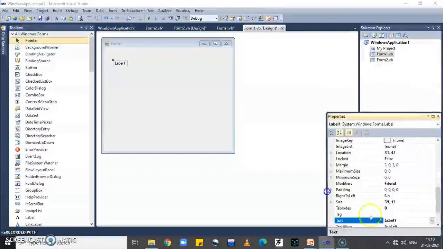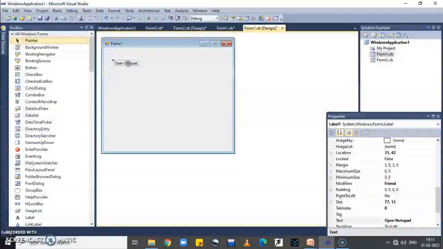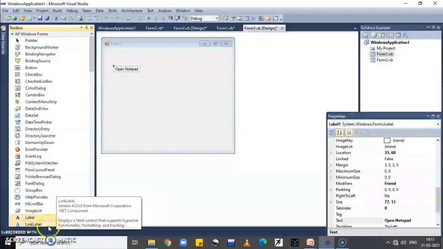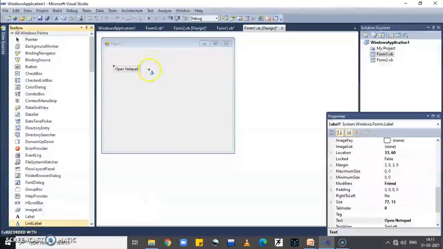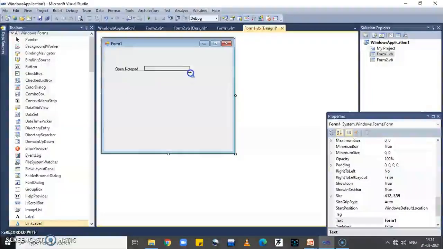Now set the text property of label control with open Notepad. Here the auto size property is set to true. Now place link label control against this label control.